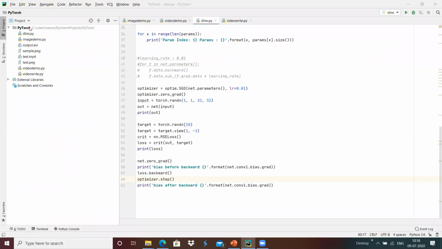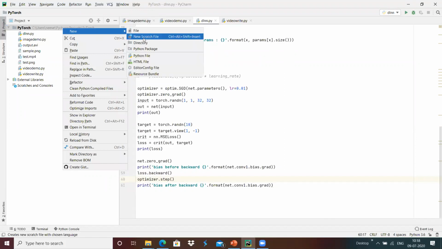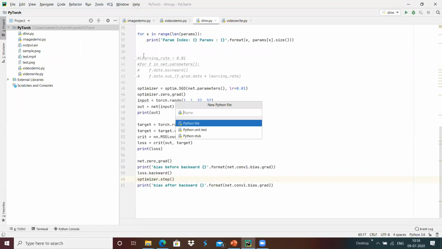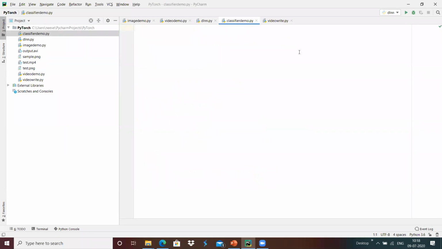I'm going to define a new Python file, which is something like classifier demo.py over here.